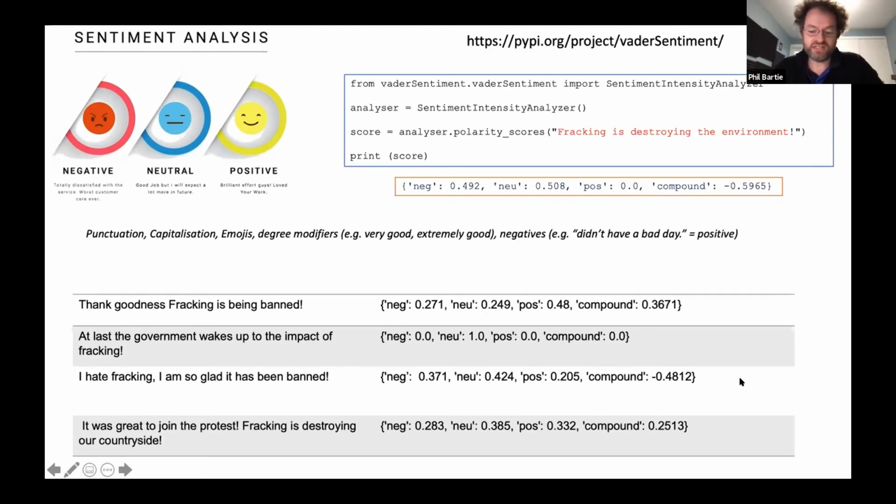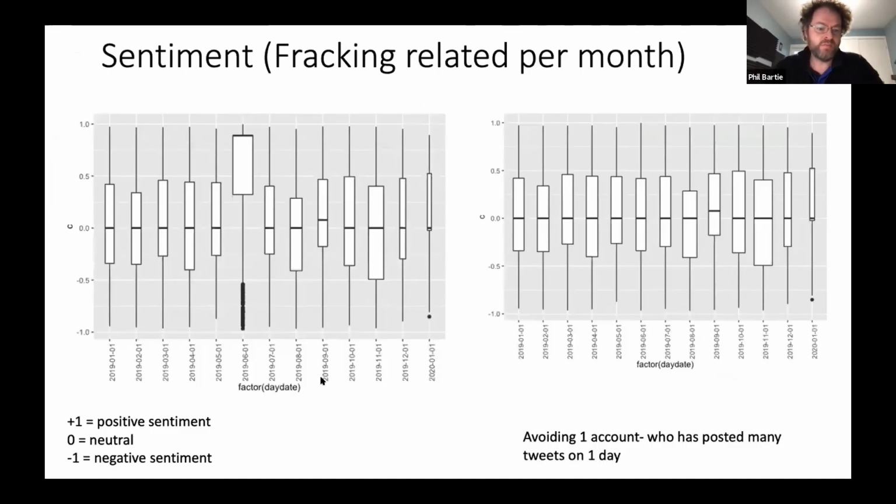That's one of the challenges of doing sentiment analysis, where you might have multiple things in a sentence. But we tried running it for 1 year just to try this out, and the results are not particularly conclusive. This one here was because of that one account that sent thousands of tweets in one go. We removed that account and we get this on the right. It's something we'll carry on investigating further.